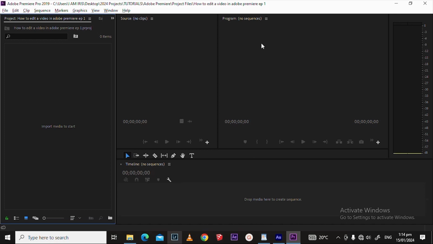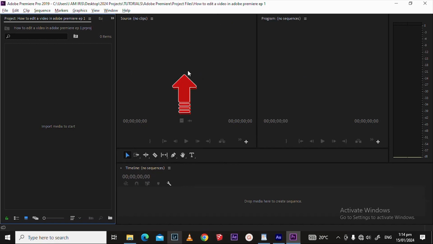Okay, so we have this, as you can see, it's written program. It's actually a program monitor. So what you are working on, the videos that you are editing, you use the monitor to see your progress. And then you have source. This is also another panel where maybe before you import your project into your timeline to start the sequence, you can actually preview it before you import it into your timeline. Whilst you are in this